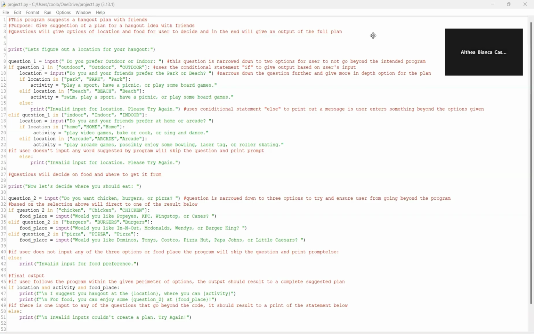However, as a side note, if a user decides to put in an input beyond the given options, the program will print a message that their option is invalid and skip on to the next question. And in the end, it will result in an error for the reason that the inputs are invalid. This is my most complex conditional statement, as I want the program to continue asking for the rest of the questions, even if one is invalid. And in the end, tell the user to try again with the error message, suggesting to pick only from the given options.